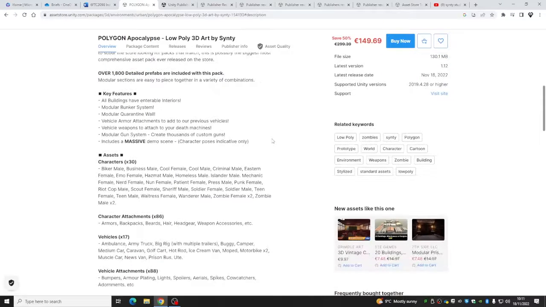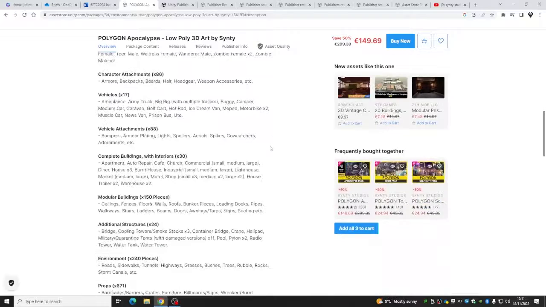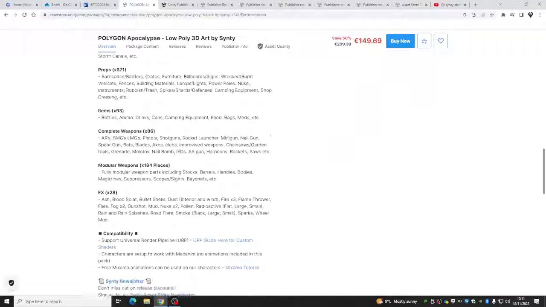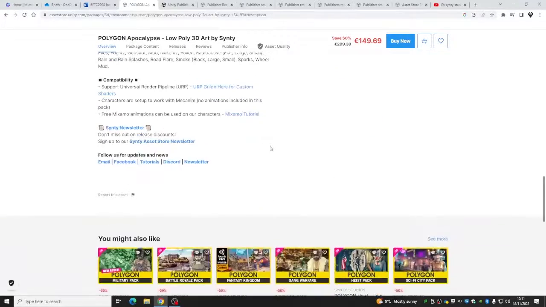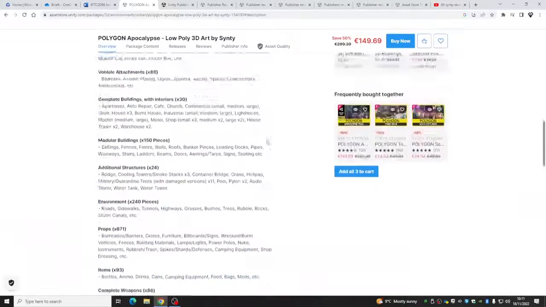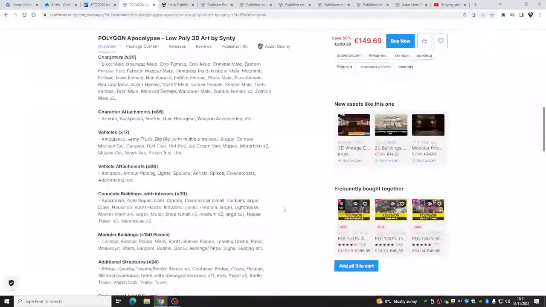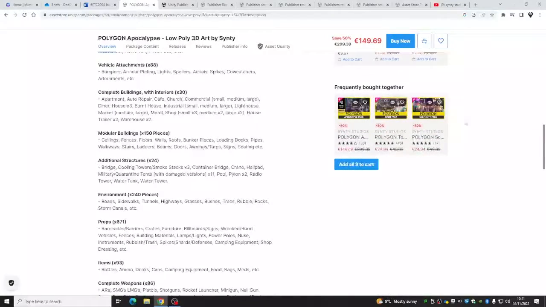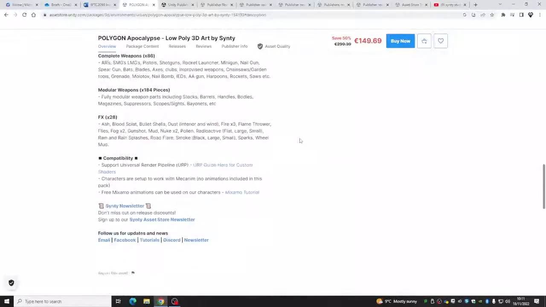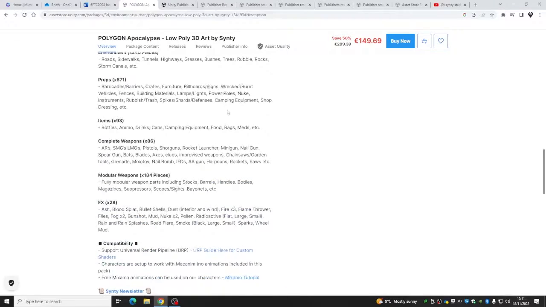I thought they would choose keywords, for example, to help with finding other products. So say if I went onto this product and thought, oh, actually, this isn't the product I wanted, but scrolled down, you do have frequently bought together here, but I thought they might have keywords to help you find other things. I suppose they kind of do, because they do have their main website down here and newsletter and things like that, and their Discord.